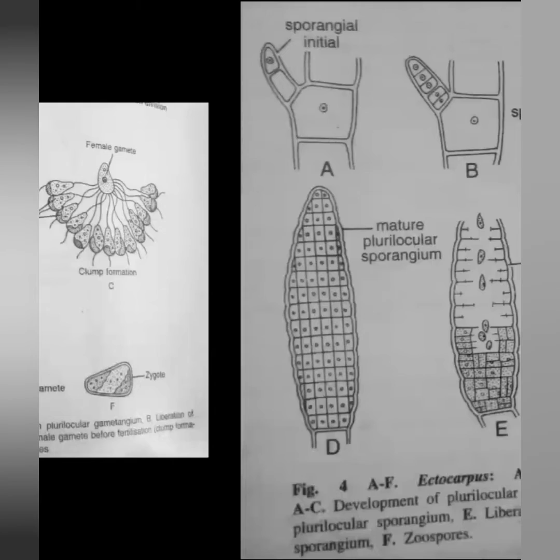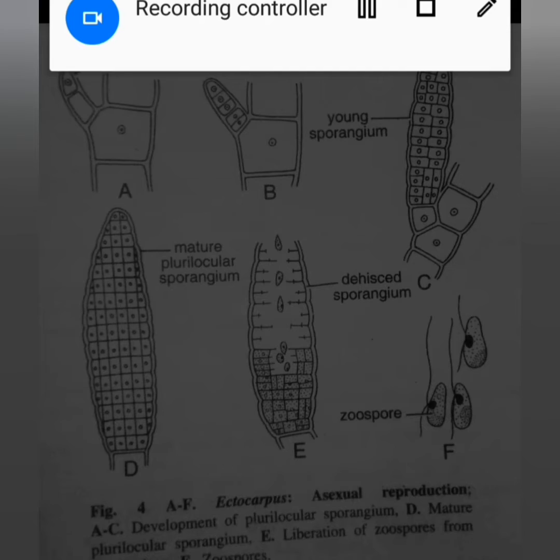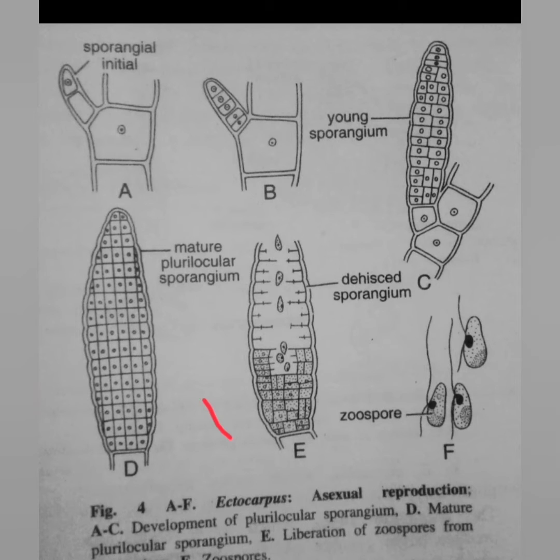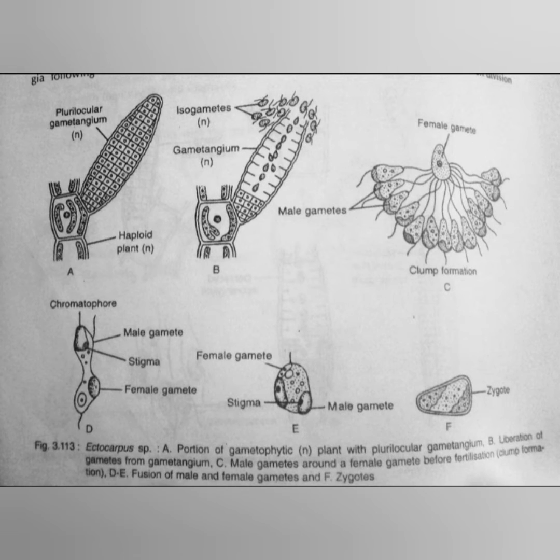Remember, just now we have studied the formation of the plurilocular sporangium. These sporangia in asexual reproduction form the diploid zoospores, whereas in sexual reproduction we will see the formation of these